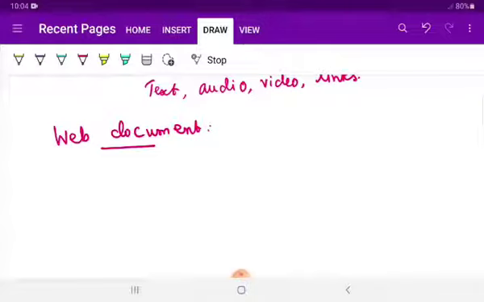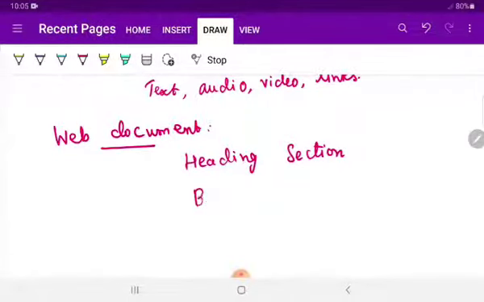After that, last and concluding, whatever else they are willing to have will be displayed below. So at the beginning you are going to have the heading, and next you are going to have the body section. So normally a web document is going to have two sections. The first one is your heading section, and the next one is your body section.